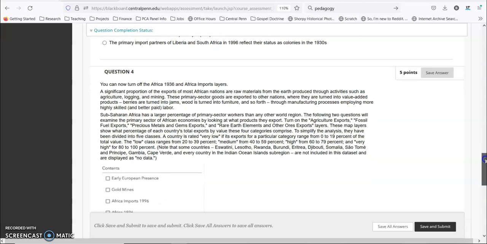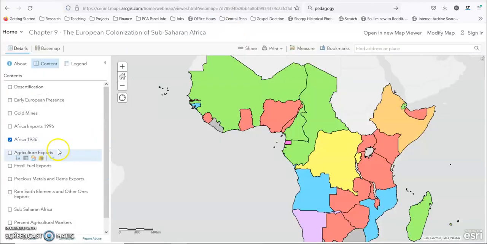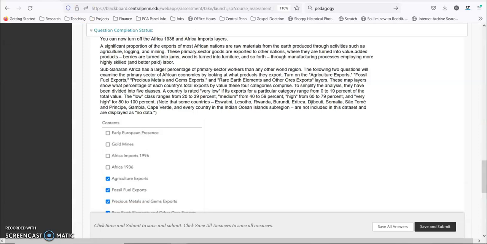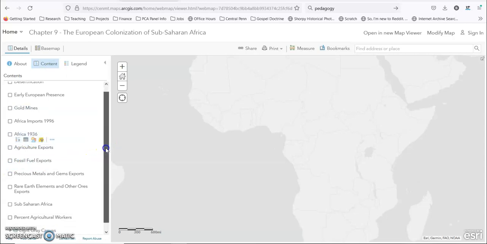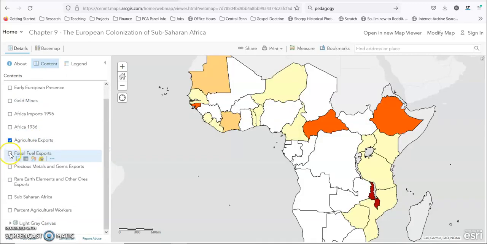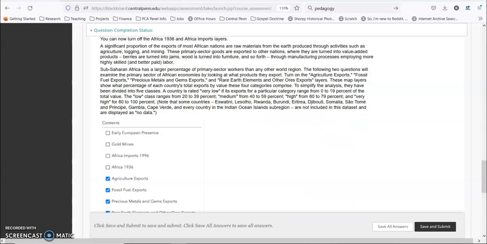It now says to turn off the Africa 36 and 96 options, and for this one we're going to turn on what are called the primary sector workers. So primary sectors are going to be agricultural, fossil fuels, precious metals and gems, and rare earth elements. Primary sectors, as defined up here, are raw materials from the earth produced through activities such as agriculture, logging, and mining, which can be exported to other nations and turned into other value-added products. So berries can be turned into jams, wood turned into furniture. So wood is an example of a primary